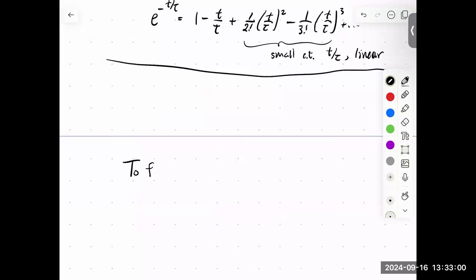So to find the time dependence of the current, what we would do is we would evaluate